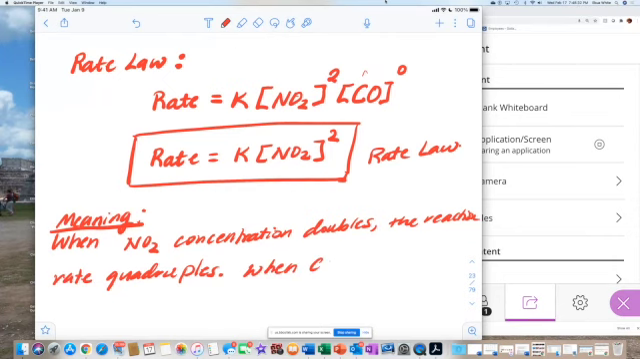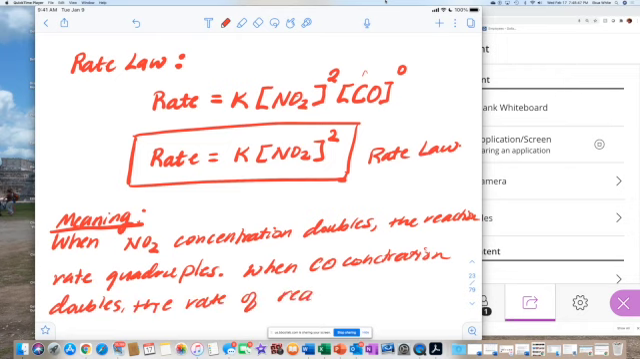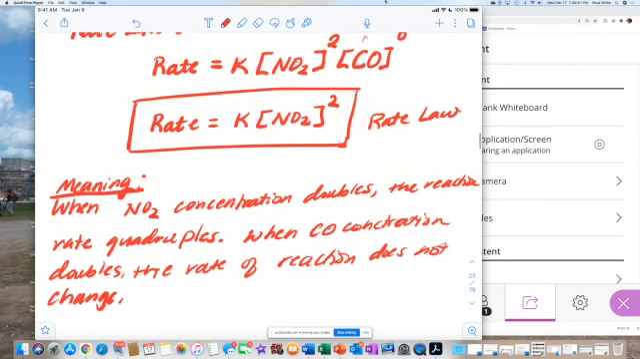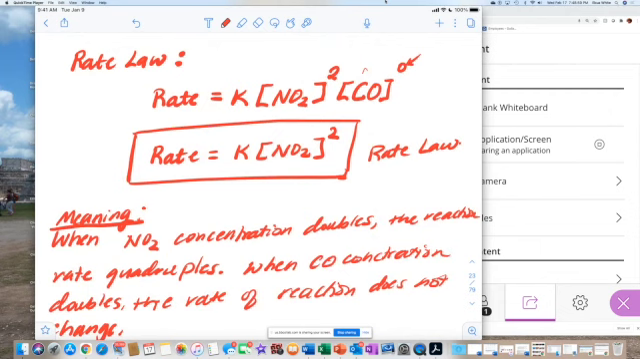When CO concentration doubles, the rate of reaction does not change. You're wondering, why doesn't it change? Because it's a zero order. Zero order just means the reaction rate does not change in response